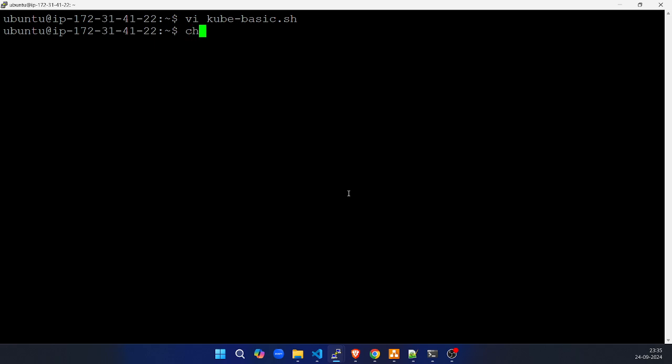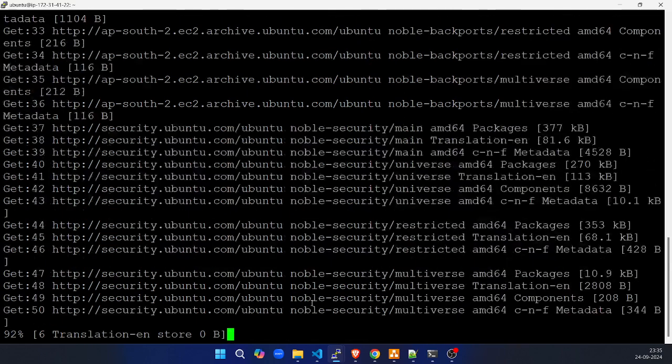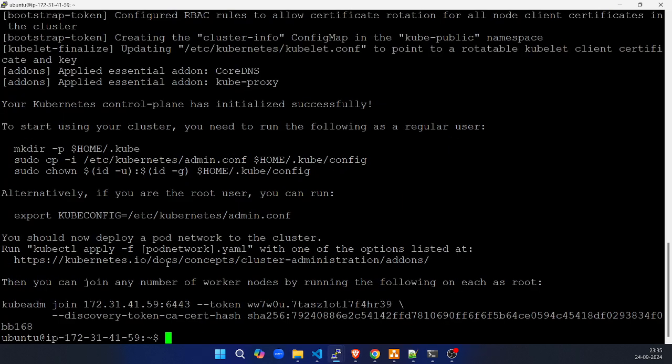Okay, chmod +x kubebasic, ./kubebasic. So I have executed both machines for the minimal installation,